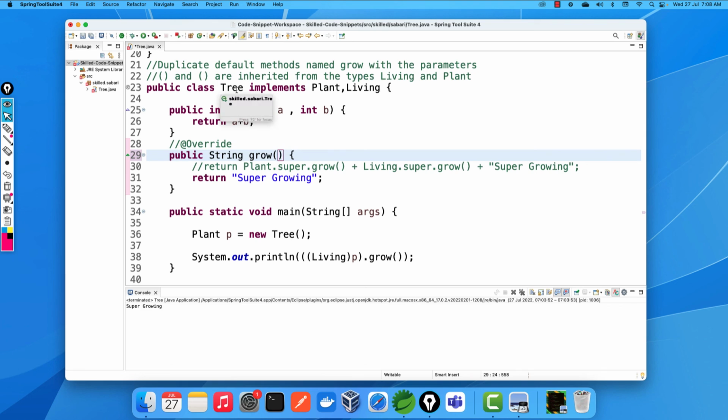So what is the actual compile time error according to the code snippet? Duplicate default method named grow with the same parameters, inherited from both living and plant. That's where the challenge is, right? So the concept that we have learned here is the new feature of Java 8 interfaces, that is default methods. We will come across static methods probably in another code snippet, but right now you notice that you can have a default method inside an interface going forward from Java 8, and also you can carry an abstract method,